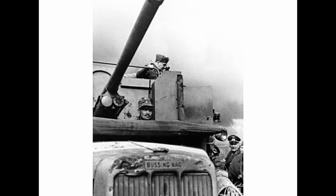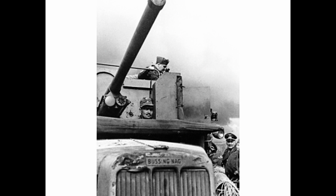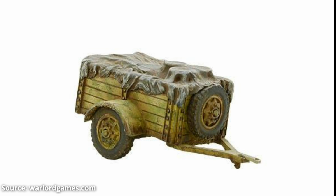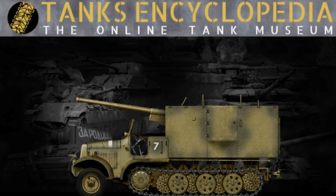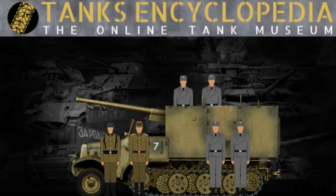The vehicle boasted a significant storage capacity of 100 rounds in an ammunition bin positioned at the rear of the modified fighting compartment. If required, an additional 40 rounds could also be stored on a towed trailer. The crew complement for this vehicle was relatively large and included a commander, gunner, driver, loader, and 2 ammunition bearers. While the driver operated in an exposed position at the front, the rest of the crew was situated inside the